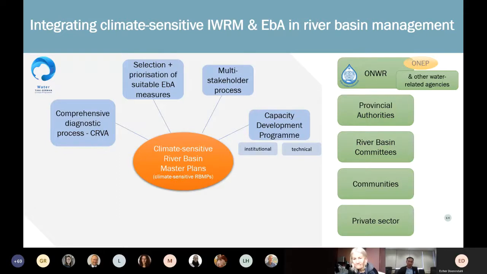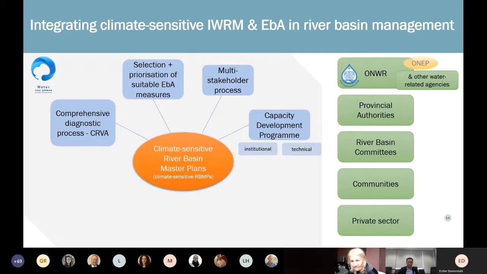To achieve this, we work across different levels, ranging from the national level with other water-related agencies to provincial authorities, river basin committees, and local stakeholders. We emphasize a multi-stakeholder process that is steered by the local river basin committees and includes communities and other water stakeholders. The activities are complemented by a comprehensive capacity development program, which includes technical trainings on climate change adaptation, EbA and IWRM, as well as institutional capacity building to run climate-informed and